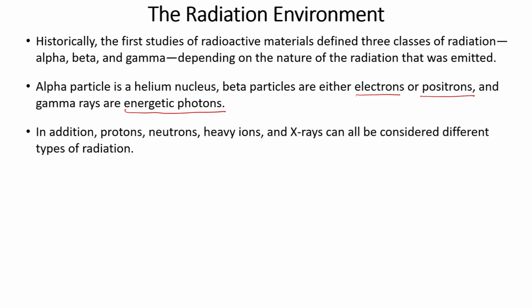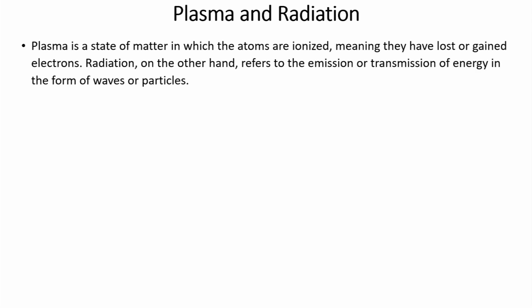In addition, as we already said, protons, neutrons, heavy ions and X-rays can all be considered different types of radiation. Now, in the previous module we discussed plasma, and there also we said it is made of charged particles. So it is required to say how plasma is different from those radiation particles, which are also charged particles. Plasma is a state of matter, we call it the fourth state of matter, where it is a gas,